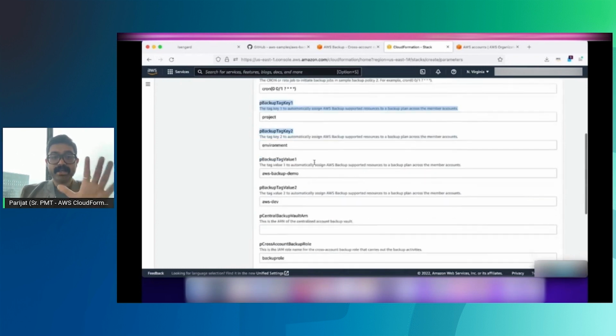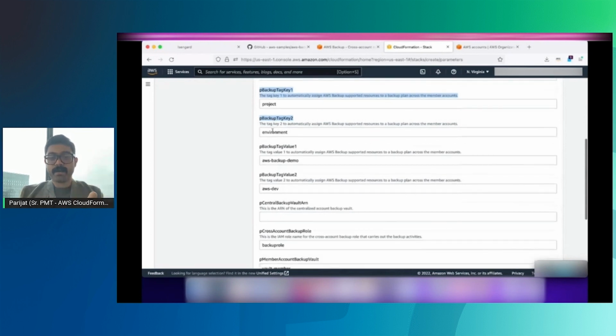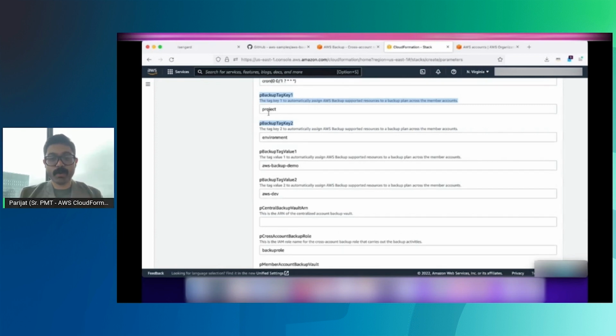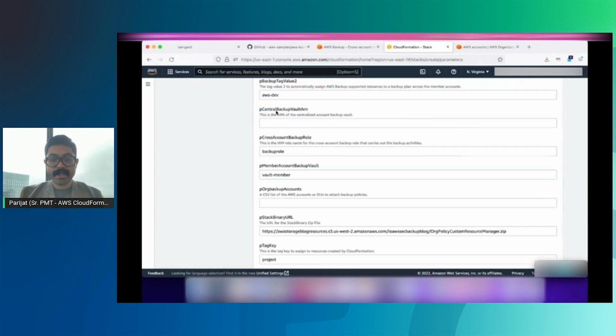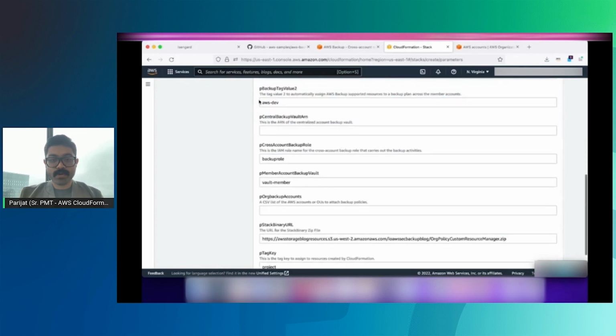But to finally solve the problem of backup, we need to go to our backup OU into member accounts where the backup vaults have been created, and we have to get the central backup vault information. And that is what we try to do in the coming minutes. So we just go to the